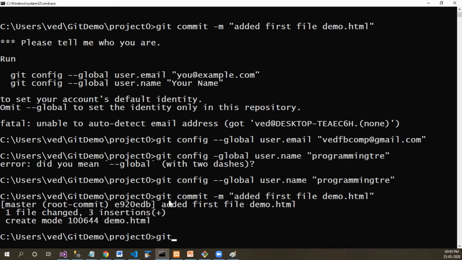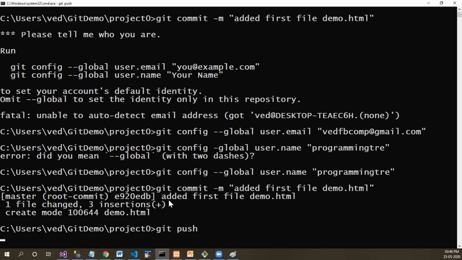Right now, if you go back to your GitHub and refresh your repository URL, you won't find any changes on it. And if you use git push after that and press enter, it is now pushing all the files, that is currently demo.html, onto Git. And once it is done, you can see it.